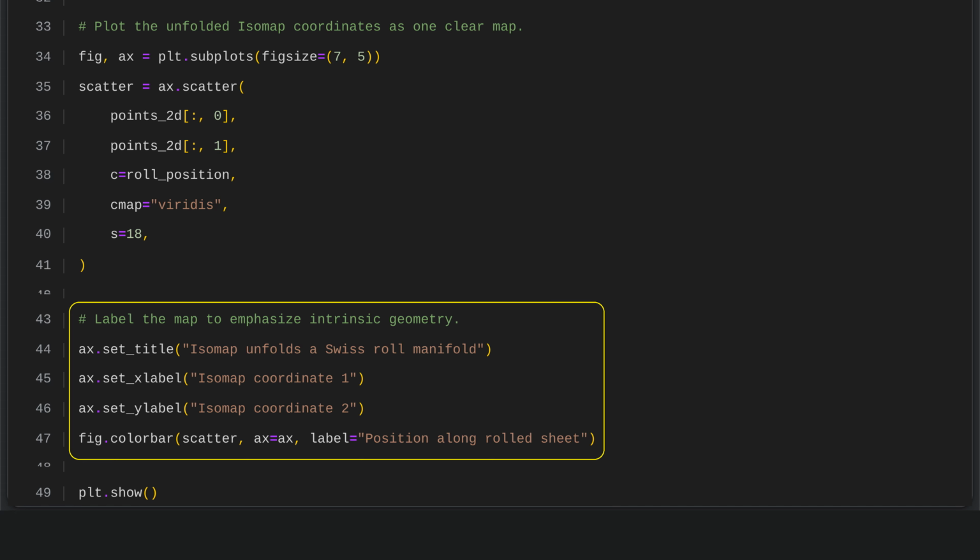The plot is titled to show that Isomap unfolds the Swiss roll manifold, giving the visualization clear context. The axes are labeled as the first and second Isomap coordinates, indicating the two-dimensional embedding produced by the transformation. A color bar linked to the scatter plot shows position along the original rolled sheet, helping connect the three-dimensional data